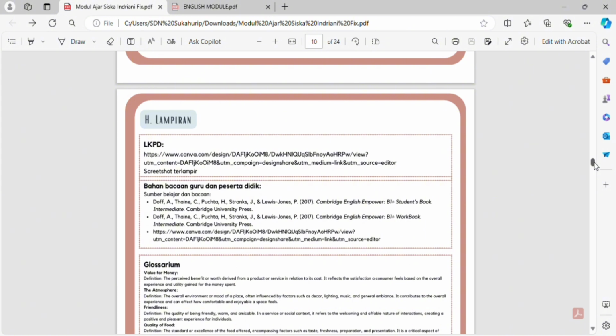A glossary is a list of terms or concepts specific to a particular subject or field along with their definitions. It serves as a quick reference guide for students to understand the meaning of specialized vocabulary encountered during the learning activity.